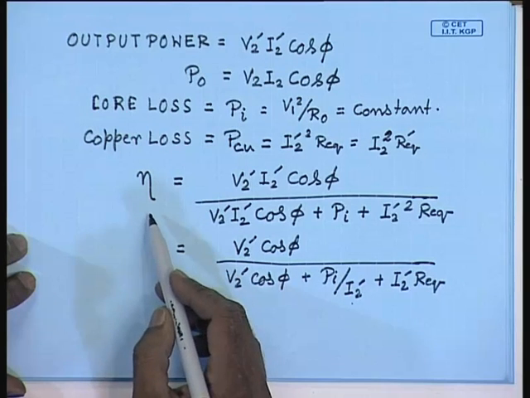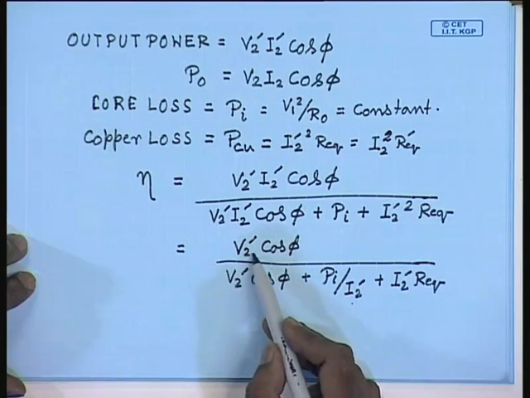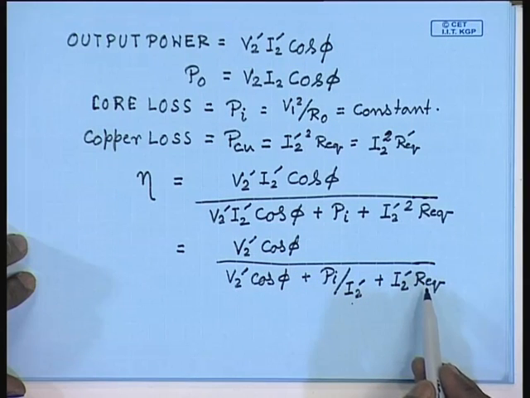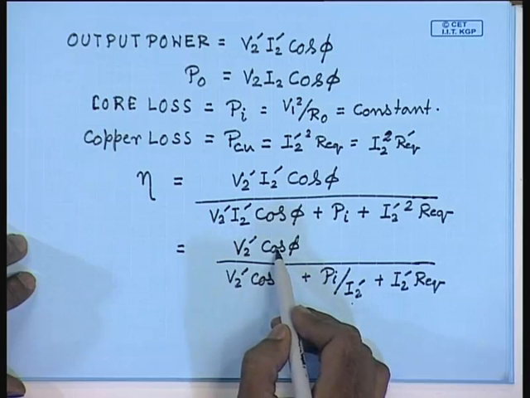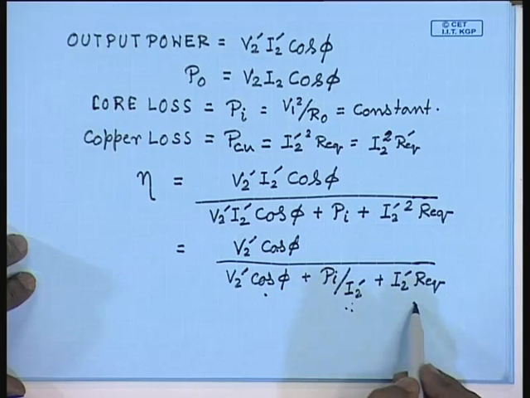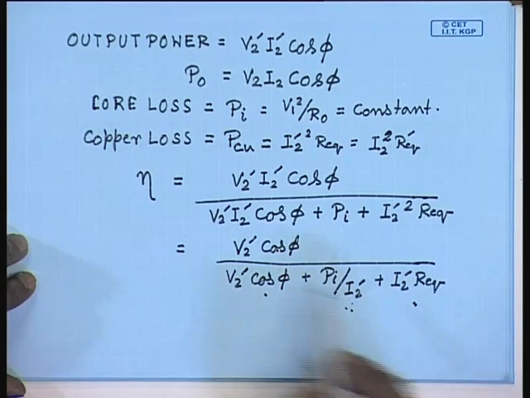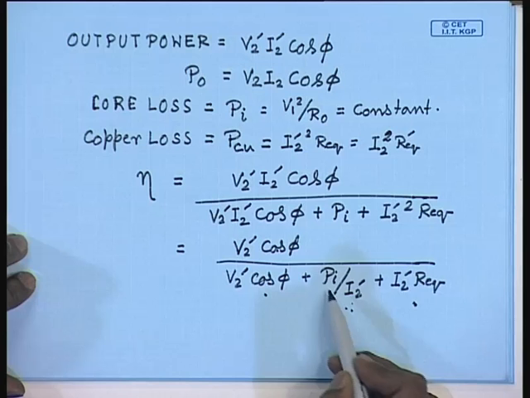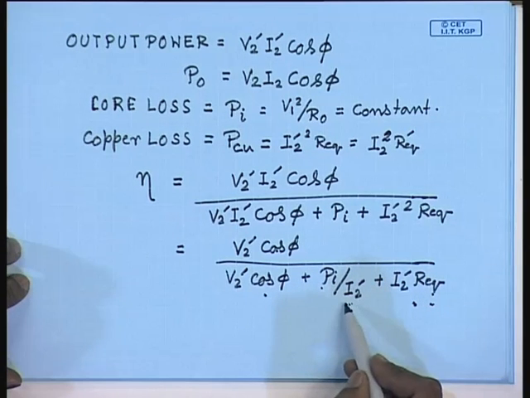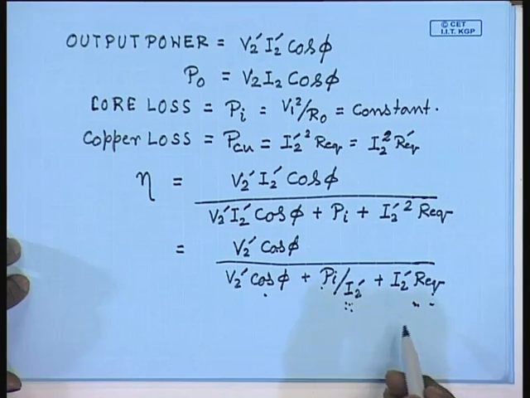Now, if we look at the expression of the efficiency, we see that it is V2 dash cos phi divided by V2 dash cos phi plus Pi by I2 dash plus I2 dash Req, of which the numerator is constant, the first term of the denominator is constant, only these two terms are functions of I2 dash. For nu to be maximum, the denominator should be minimum. Now, of the denominator the first term is constant, so the sum of the second and third term should be minimum. So, differentiating this quantity with respect to I2 dash, we get